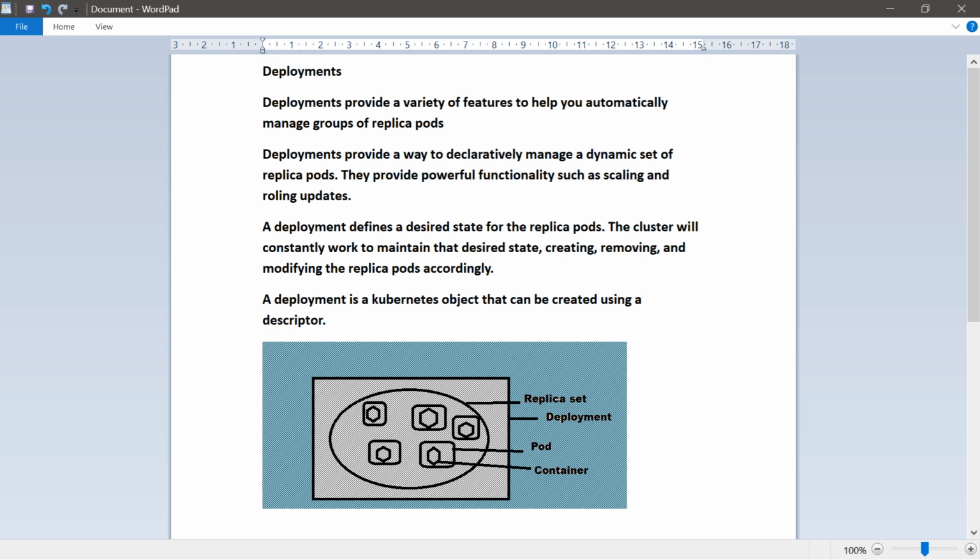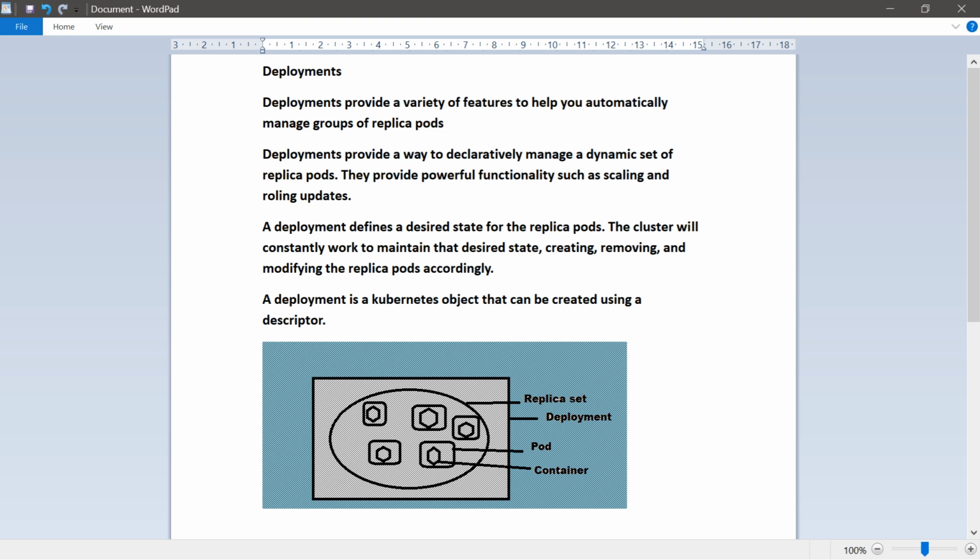There is a deployment, a replica set, and pods. Inside the pods there are containers. In this diagram, we have deployed the application into 5 instances of it.